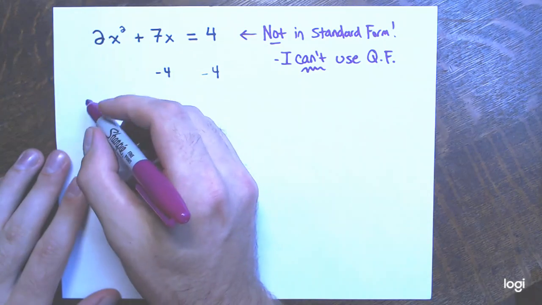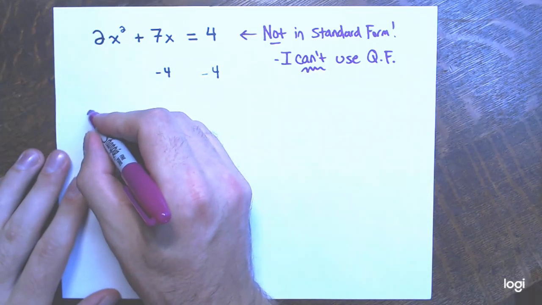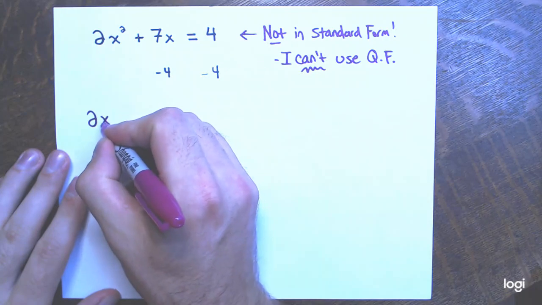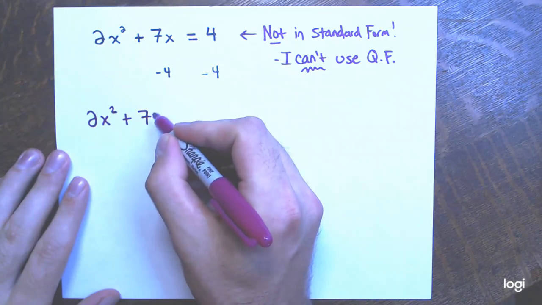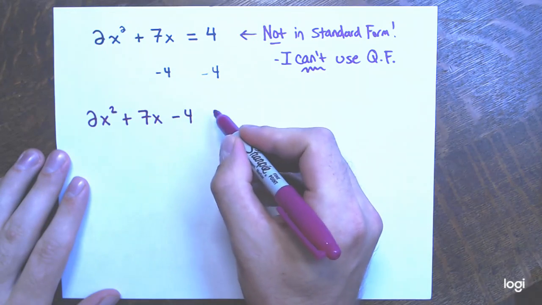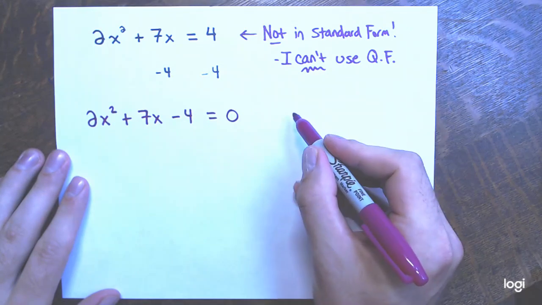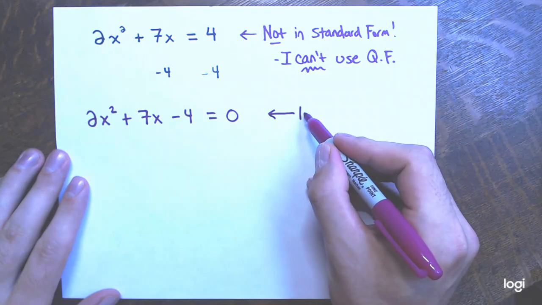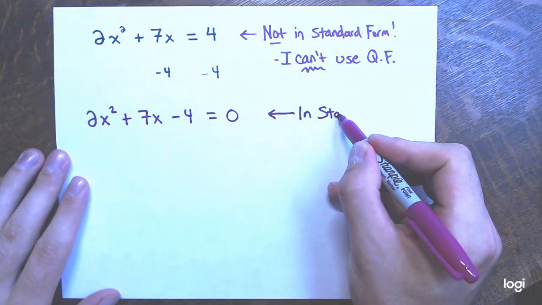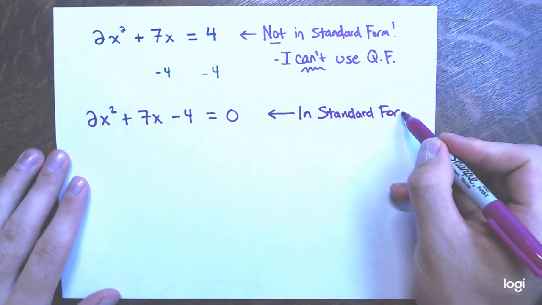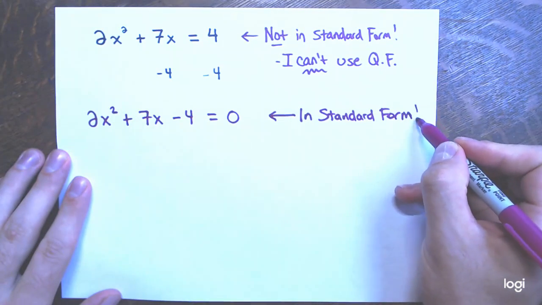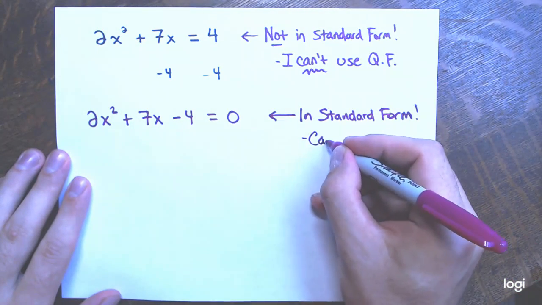So on the left side, I now have, in descending order, the highest power, then the next highest power, and so on: 2x squared plus 7x, and then minus 4 equals 0. Now I have an equation that is in standard form, that ax squared plus bx plus c equals 0. So now I can use